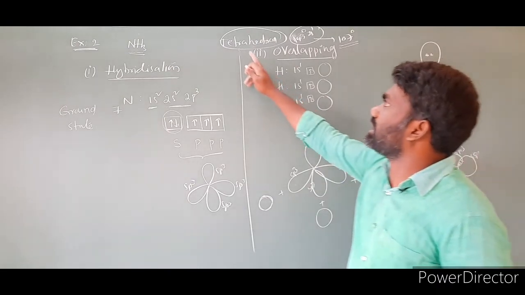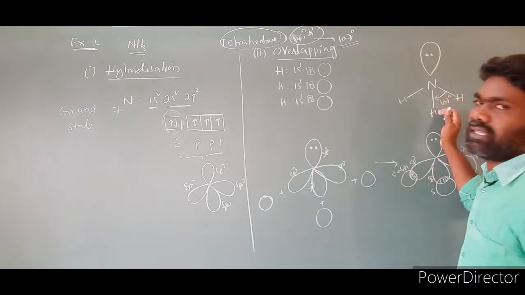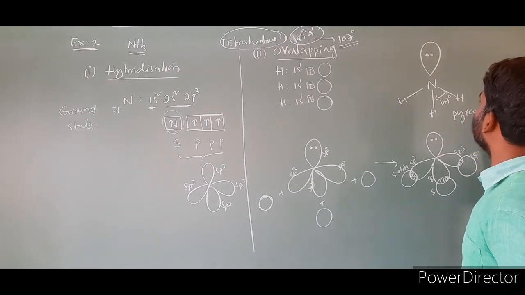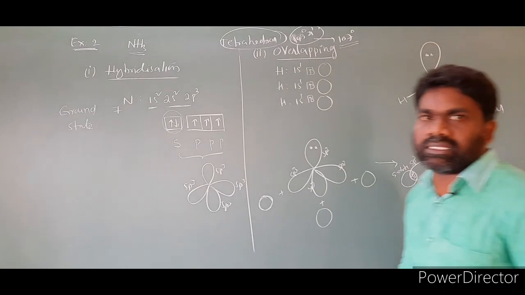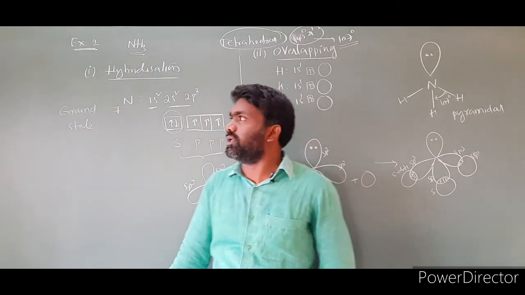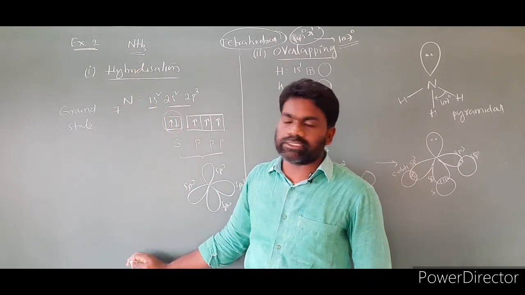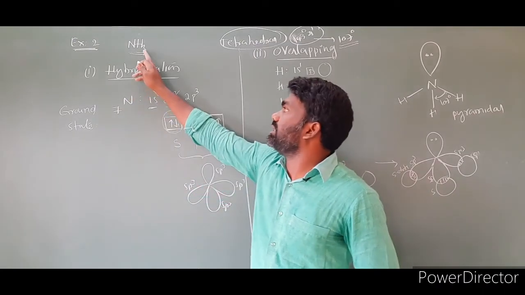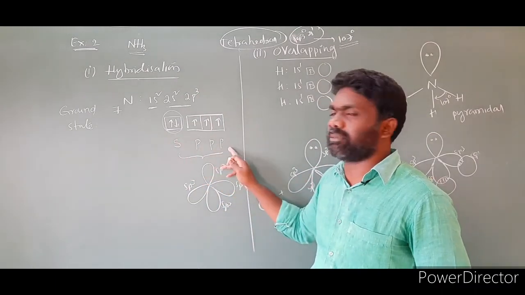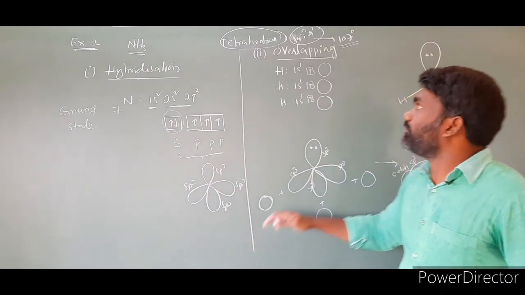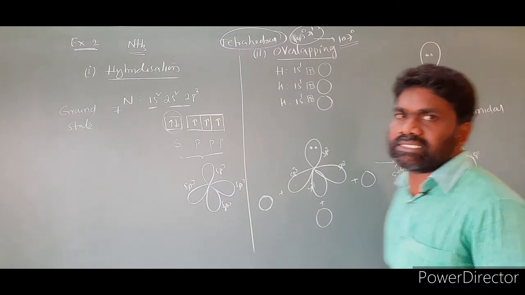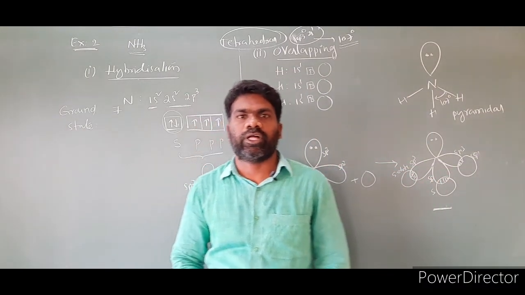So with sp3 hybridization the shape of the molecule is tetrahedral, but when the bond angle changes, the shape also changes. The shape of the molecule is pyramidal, trigonal pyramidal. Simply, the shape of the ammonia molecule is pyramidal. So this is sp3 hybridization for the NH3 molecule. First we write the hybridization step. No need for the excited state, because 3 hydrogens are there and 3 electrons are already there. We mix the s orbital and 3 p orbitals to get 4 sp3 hybridized orbitals. These 4 sp3 hybridized orbitals overlap with 3 hydrogens, so we get the structure like this: the sp3 hybridization of the ammonia molecule.